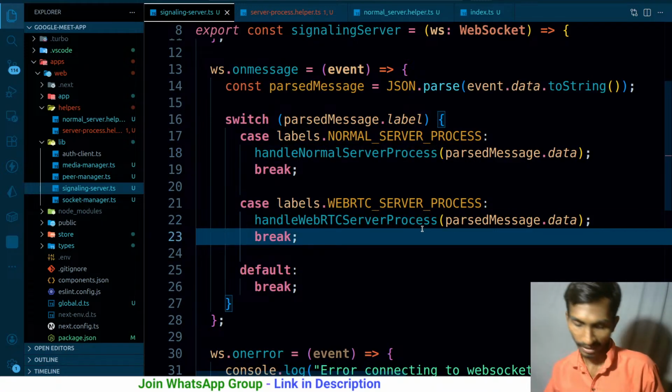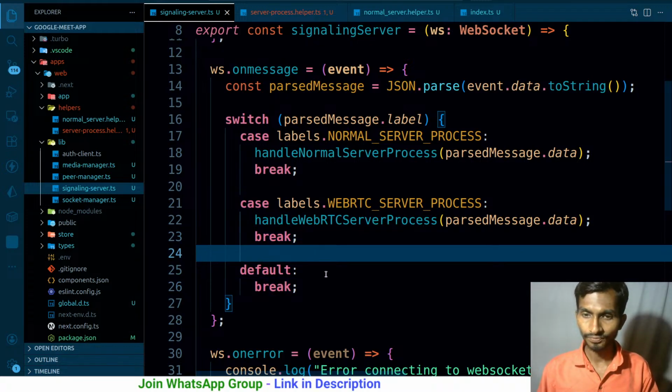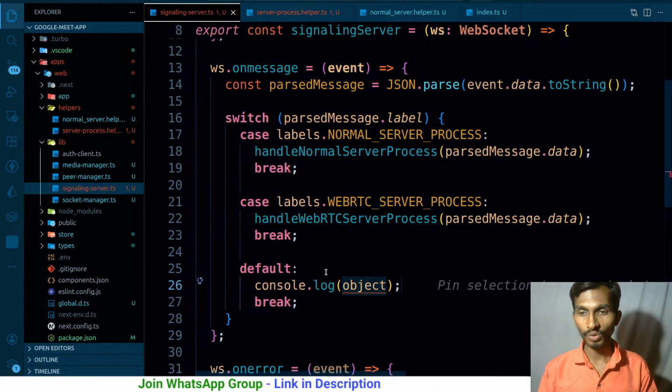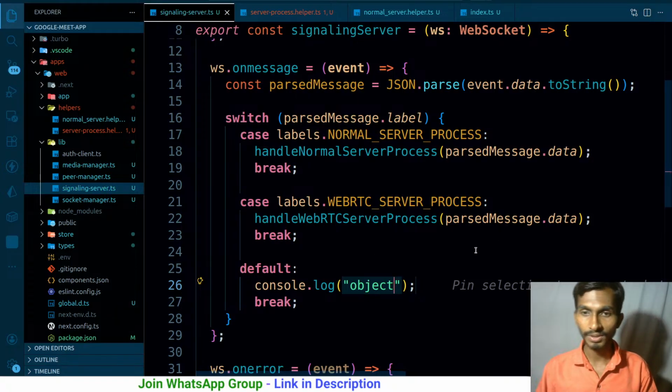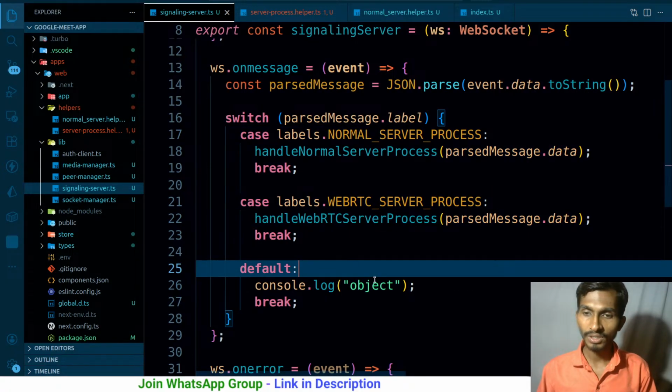Later, of course, with the help of AI, you can make the naming better and all. That doesn't matter. And lastly, at least we've written so much code. It's not a good option to just simply change the things right now. And especially when you are working with pure WebSocket, then only you need to worry about it. Otherwise, you can directly go ahead. Having said that,